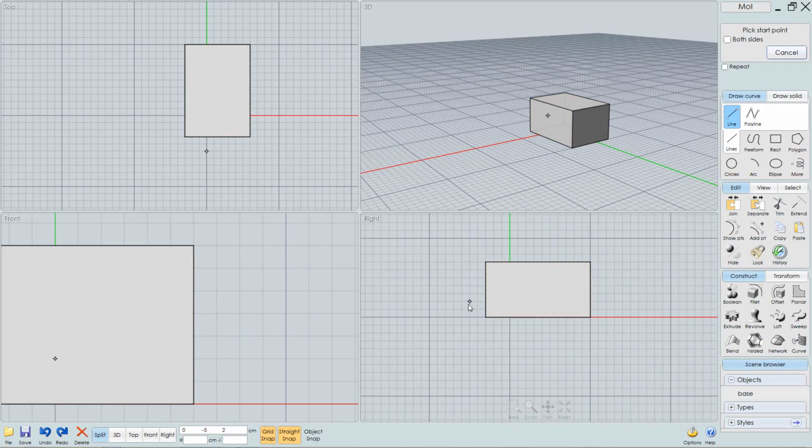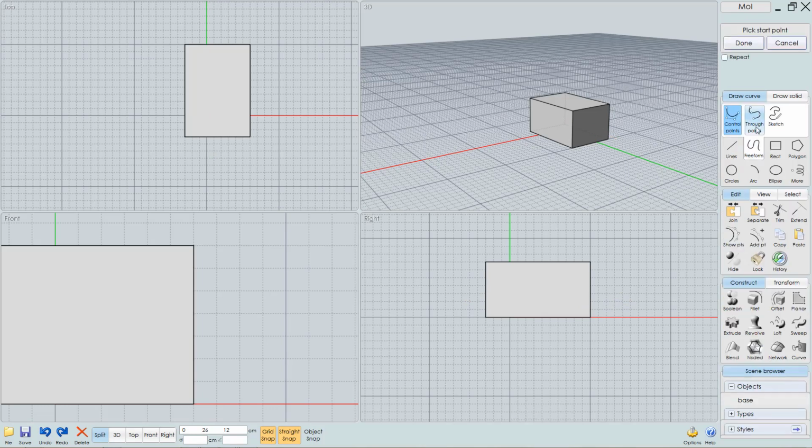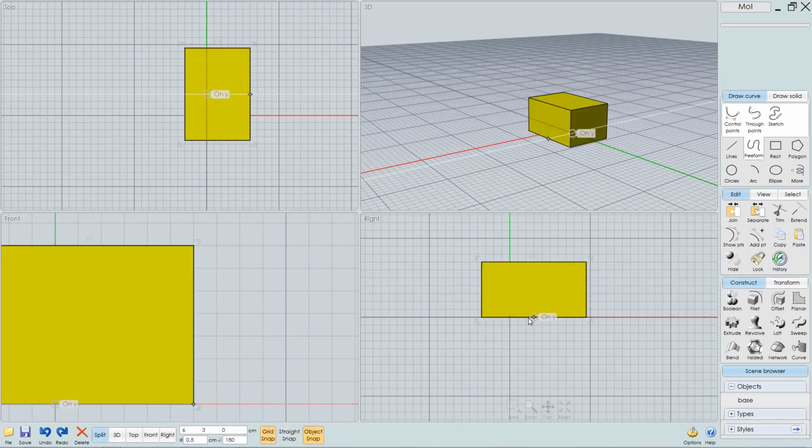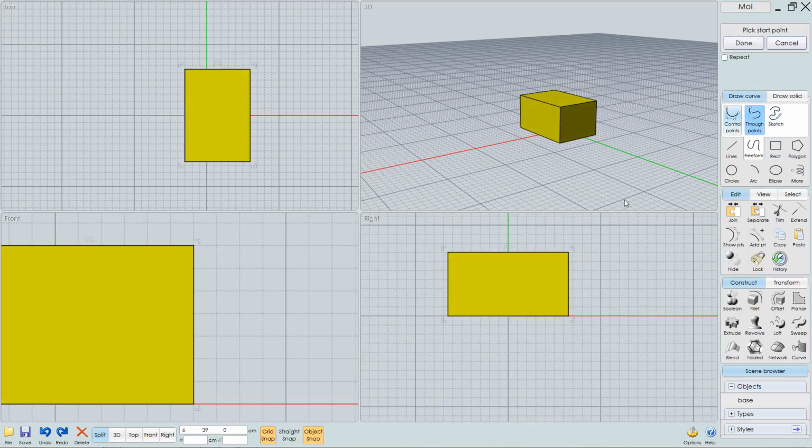I could just draw a straight line like this, or let's go ahead and draw a freeform curve instead. And I'll pick through points, which is like the Bezier curves in Cinema 4D. And what I'll do is I'll pick a point here. I have grid snap switched on. I'm going to, let's also switch on object snap so we can snap to the center of the object. Well, that didn't work so well. You know what? I'll just go ahead and move this object to the center. So now let's draw that curve